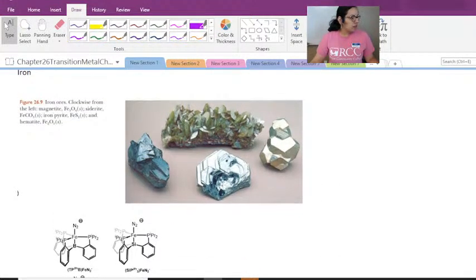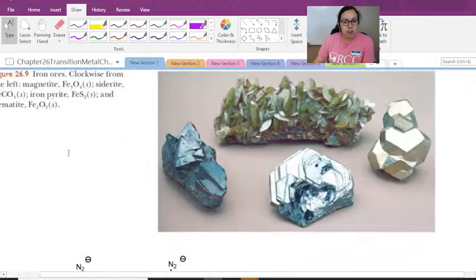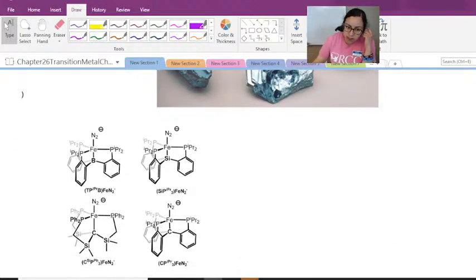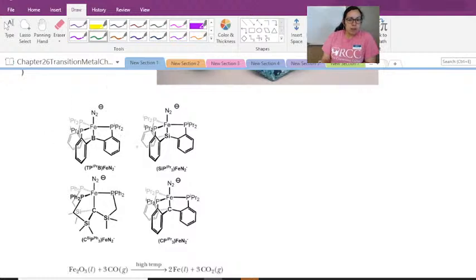And so next we're looking at iron. Iron, you can see it present in a lot of minerals. So magnetite, iron pyrite, hematite, all those are pretty famous. Iron pyrite is of course an iron sulfide compound. But it's also a workhorse in terms of catalytic chemistry. There's all these classes of compounds that involve iron, and they all bind nitrogen, so that's really cool. And these have been pretty